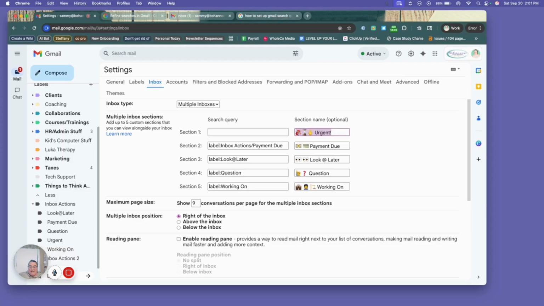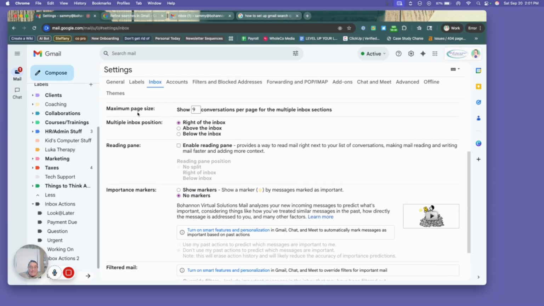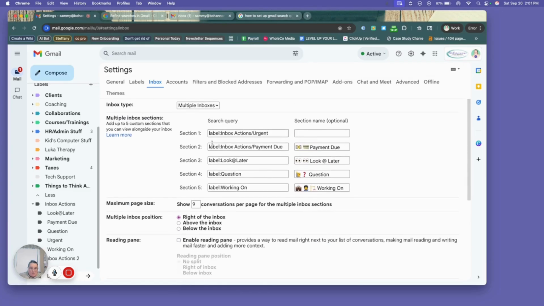So if I take this out, I can show you what the other one is called. Label. I'm going to go ahead and fill this in. Inbox Actions Urgent. That way you can see what it will look like. Here it says maximum page size. I just have 9 conversations under each of these inboxes. They are still in the inbox. I can still view them,